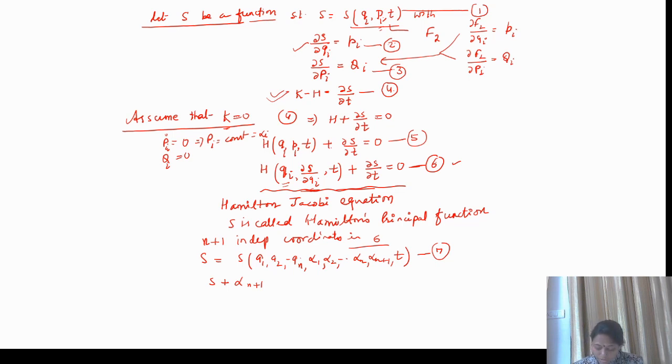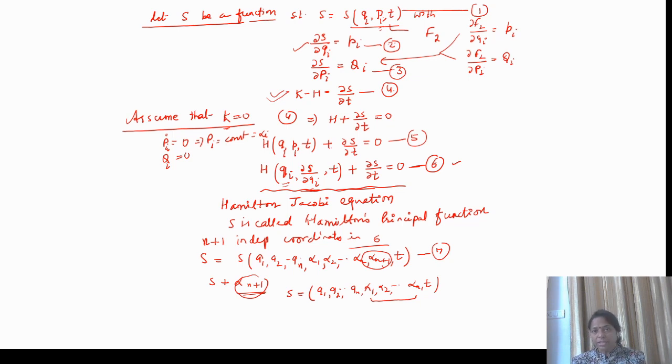So I assume this to be an additive constant, which is not affecting my solution, which is not affecting equation 6. Therefore, I'll ignore this additive constant and I will be left with only the remaining n constants. So finally, your S is a function of 2n plus 1 variables: q1, q2 to qn, then alpha 1, alpha 2 to alpha n, and time. These are called the true constants, and this is called the additive constant, right? In this way,